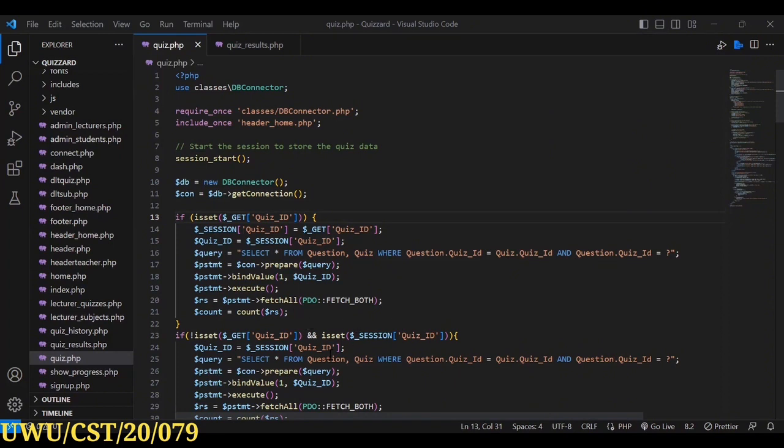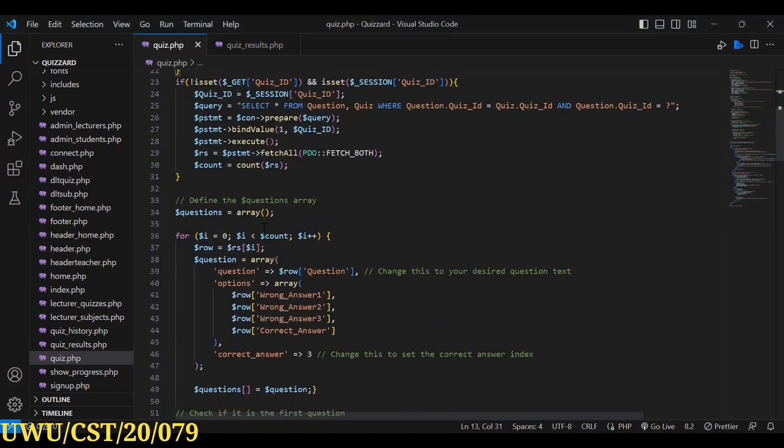If no quiz ID is provided in the GET parameter, but the quiz ID is stored in the session variable, it retrieves the questions related to that quiz ID from the database using a prepared statement again. It defines an empty array called $questions to store the questions and their options. It then loops through the retrieved questions and adds them to the $questions array with their options and correct